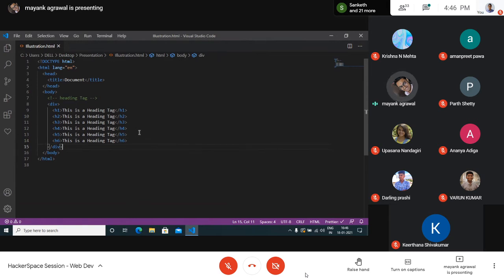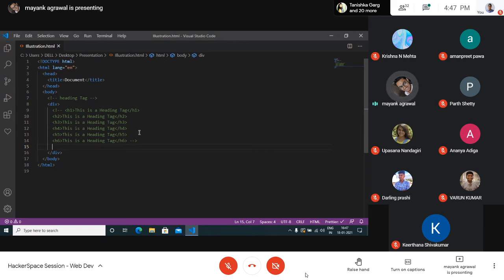I'm using an extension for VS Code that automatically aligns everything. This alignment is not needed, but when you'll be coding whole websites, this alignment is preferred because you'll have a clear idea about which tag is opening and closing at which point. Otherwise, you might land up with errors, getting confused about what is happening.